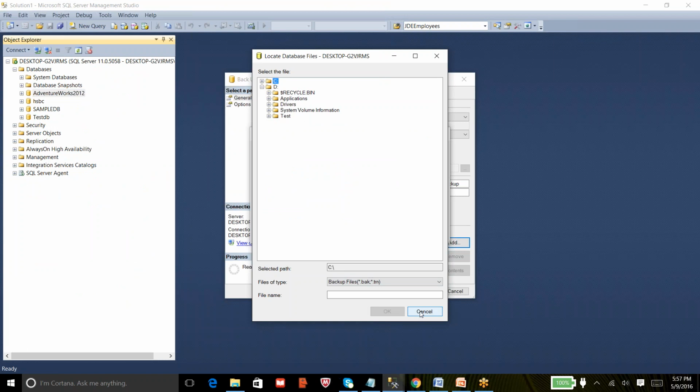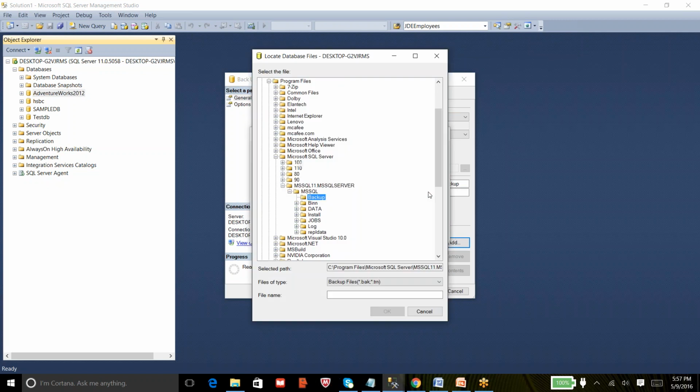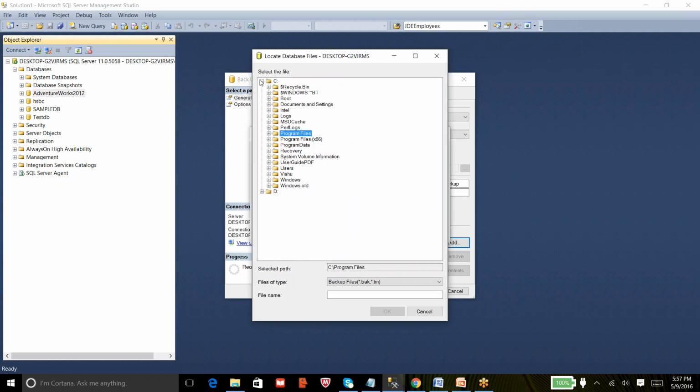I will create a folder called backups. I need to close and reopen it so that it gets refreshed. Okay, backups, and provide the backup file name. What database am I backing up? It's AdventureWorks, so I name it AdventureWorks.